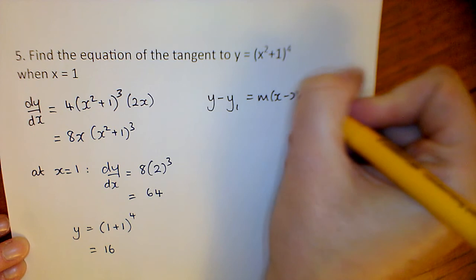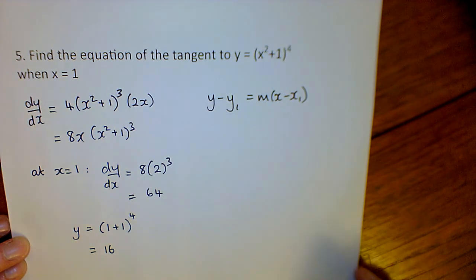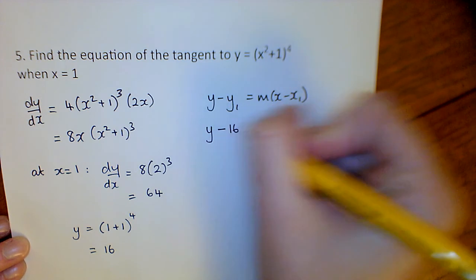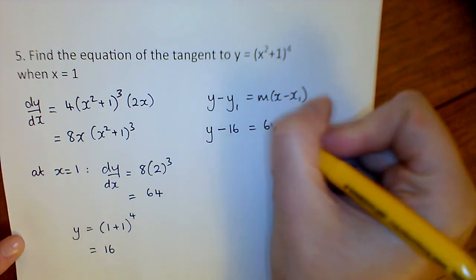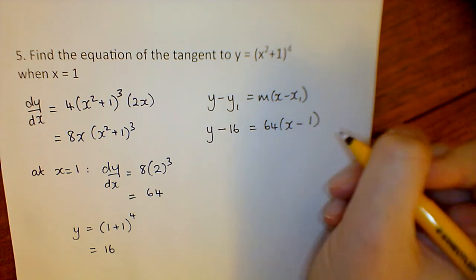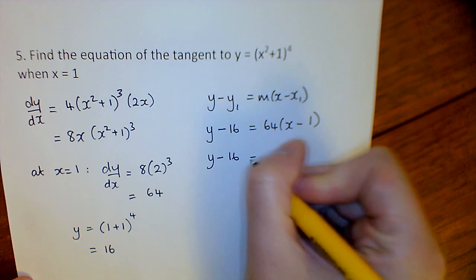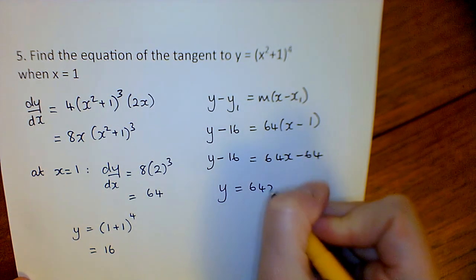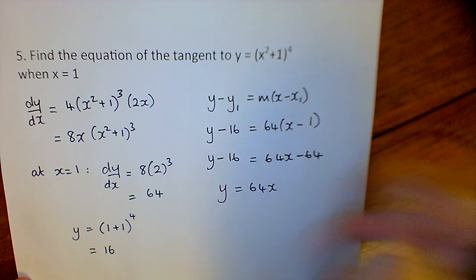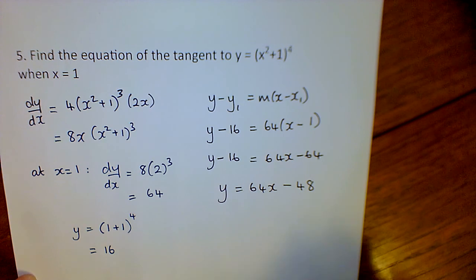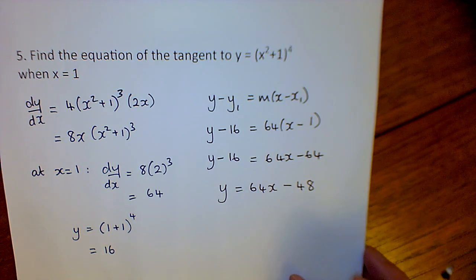So then we're going to use our y minus y1 equals m upon x minus x1 to find the equation of the tangent. So y minus 16 equals our gradient 64 upon x minus 1. So y minus 16 equals 64x minus 64. Bring the minus 16 over, it becomes plus 16. And we get y equals 64x minus 48, and that's the equation of our tangent. Okay, we'll look then at stationary